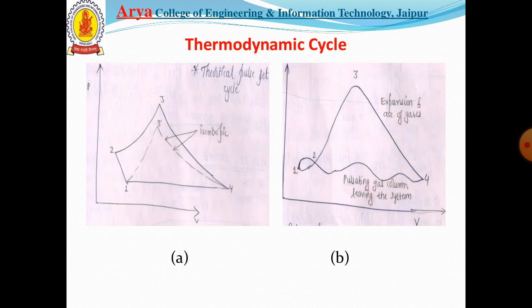The thermodynamic cycle of the engine: the left figure A is the theoretical cycle and B is the actual cycle of the engine. This is a PV diagram for both cycles, actual and theoretical. In the actual pulse jet cycle, combustion occurs with a sudden explosion, process 2 to 3, that is, the combustion is at constant volume instead of constant pressure as in other propulsive devices. The pulse jet cycle is more near to the Otto cycle.